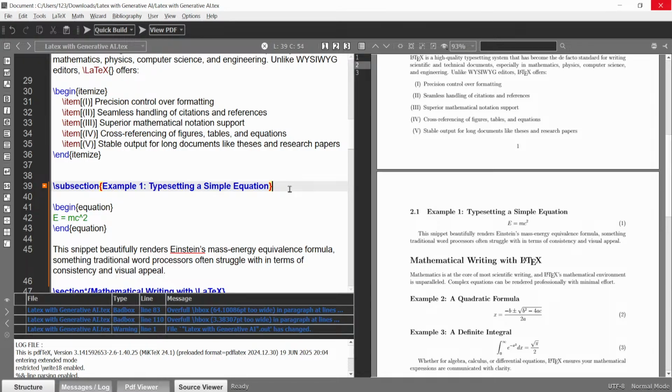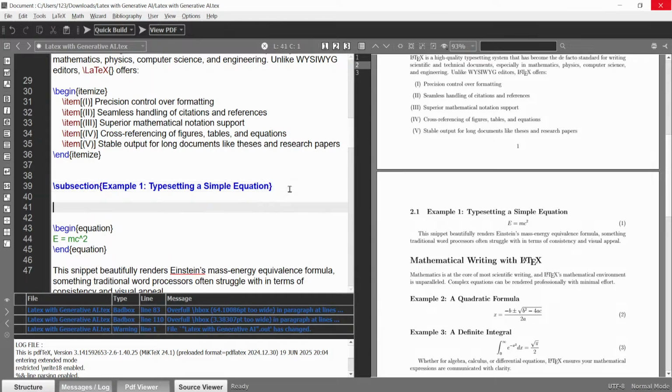Sometimes you need to insert an equation in the text. Just like I have the statement, solve the equation. You will use this sign, and at the place you will write your equation.